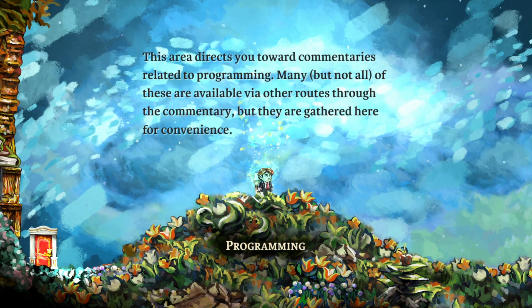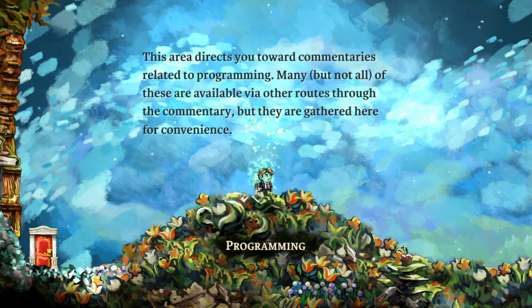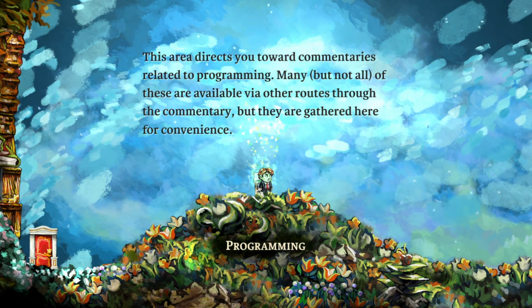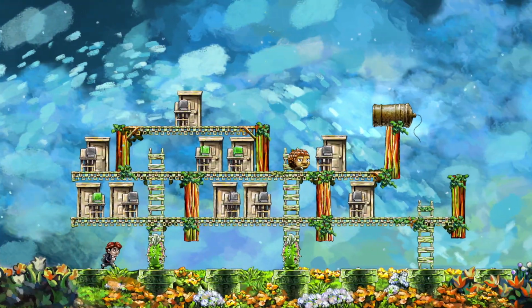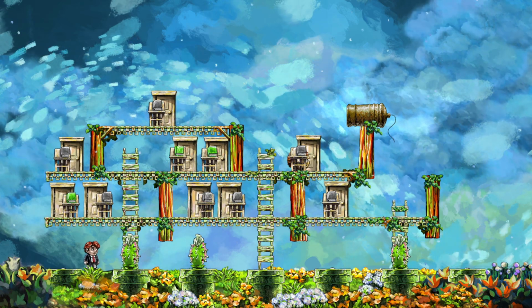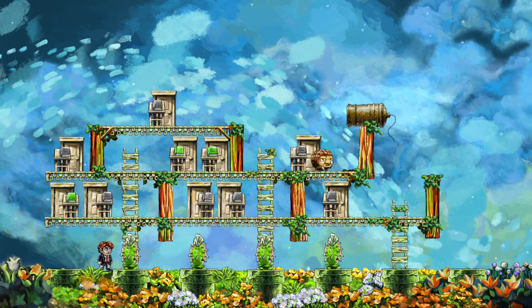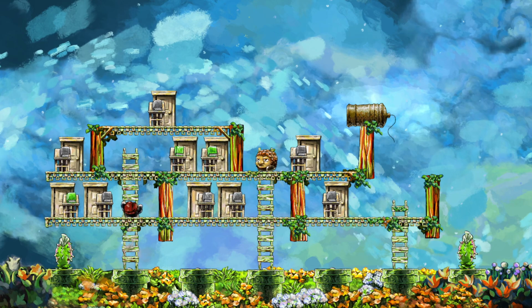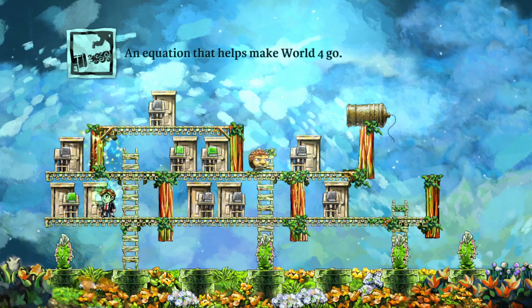toward commentaries related to programming. Many, but not all, of these are available via other routes through the commentary, but they are gathered here for convenience. 好像并不是很长，是吧？啊，上来就是这个，上来就是这个啊，后面带呢，哎呀呀呀呀呀呀呀呀，马吉克，啊，后面带的设计，大家看着。An equation that helps make word 4 go 啊，就那个 equation